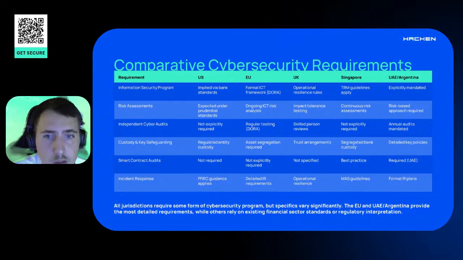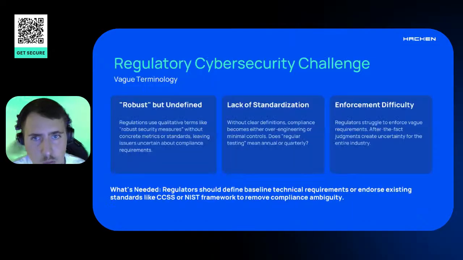And the incident response. In the US, they just linked the FFIEC guidance. For the EU, it's detailed incident response requirements. So it's actually DORA that is most focused on the risk assessment and incident response. UK, it's operational resilience, and this term is very familiar from the European regulations. We have MAS guidelines from Singapore, and for VARA, it must be incident response plans for the infrastructure. And also we have mention regarding this in the custody and wallet security requirements.